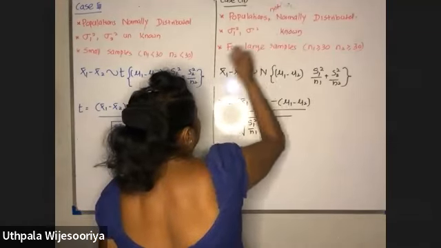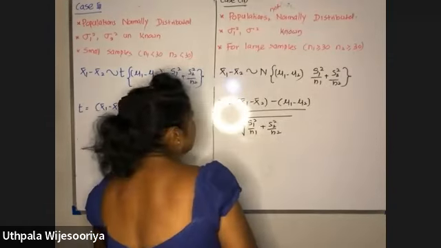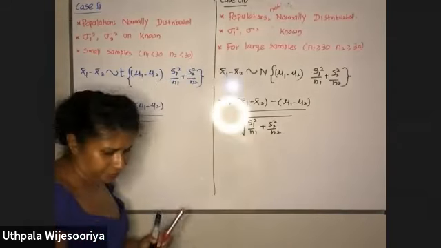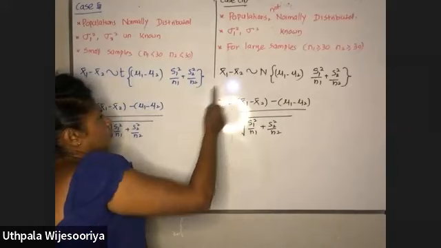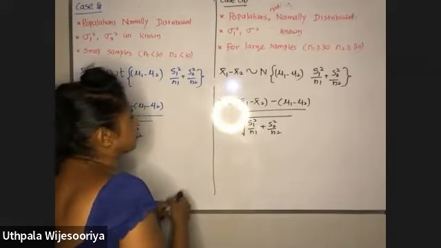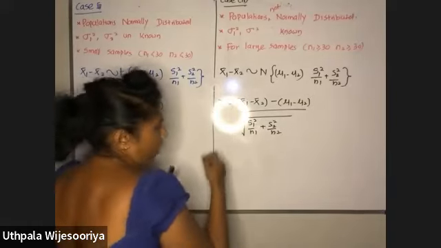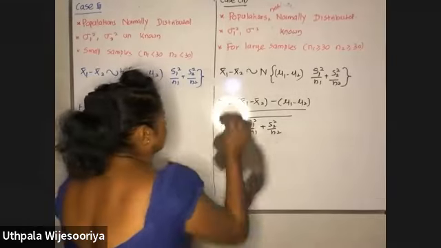For large samples, the sampling distribution of the difference between two sample means is approximately normally distributed